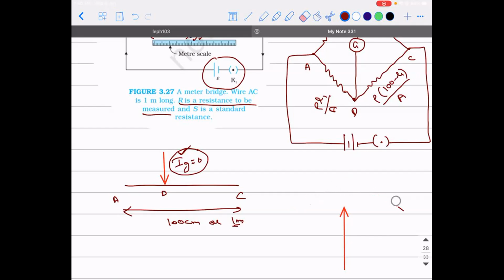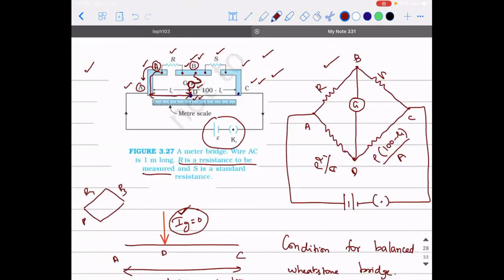Okay. So I already R4, R3, R1, R2. So R4 divided by R1 is equal to R3 divided by R2. Using the same logic, tell me what will happen here.